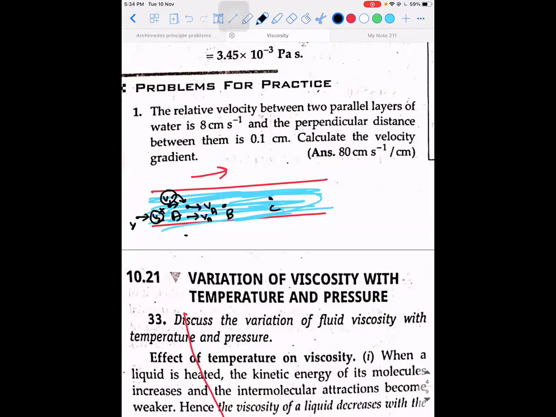So the water should flow at the same velocity till then, sir? No. At a particular point, the velocity should be constant. So what I'm trying to say is, listen. This is the first particle. This is the second particle. Now, when the first particle is reaching point B, what will be its velocity? Let it be VB. So when the second particle is reaching B, that should also have the same